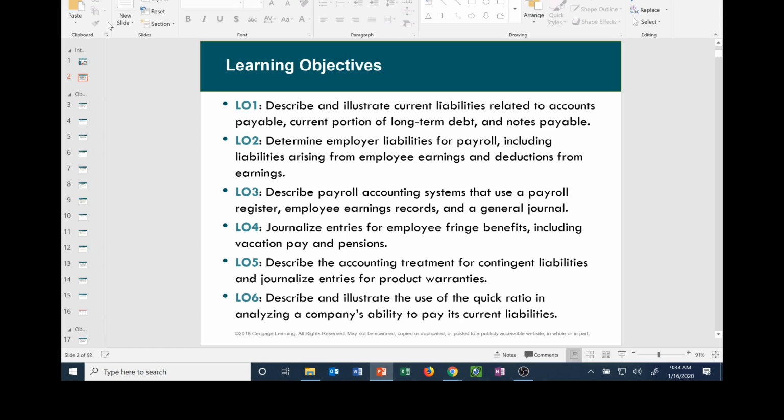Okay, chapter 11, let's look at some liabilities, and especially payroll. Current liabilities, you know what those are: accounts payable, taxes payable, anything with a payable. There are long-term liabilities, which might be a long-term note. But here are liabilities for payroll, and that's what we want to get into. Now, most of you are working part-time.